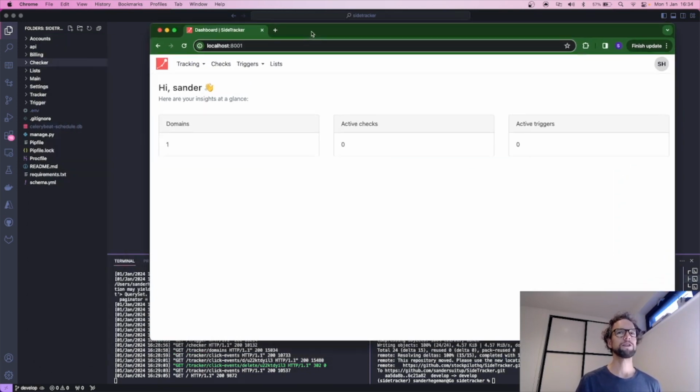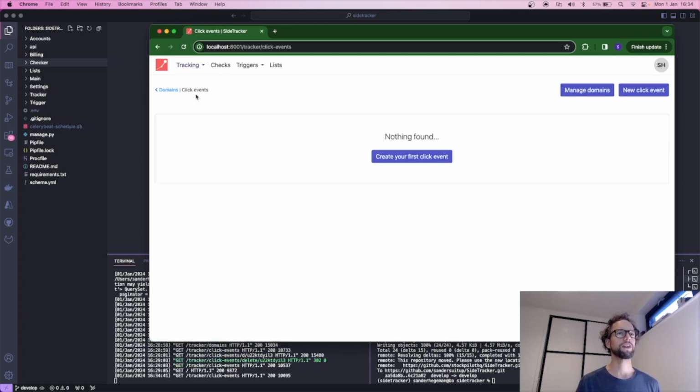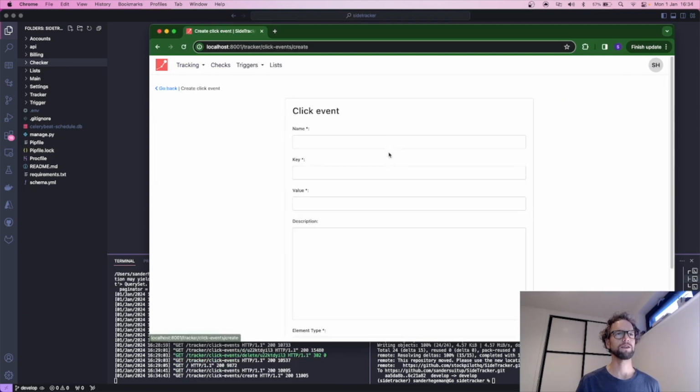What I mainly worked on the past days is some basic CRUD, and especially creation and deletion and some updates of certain database elements. So let's just dive into it one by one. The first thing I really worked on was the click events. You now can create a click event. So for example, click a button, and then we have an attribute, data-click-123, whatever,